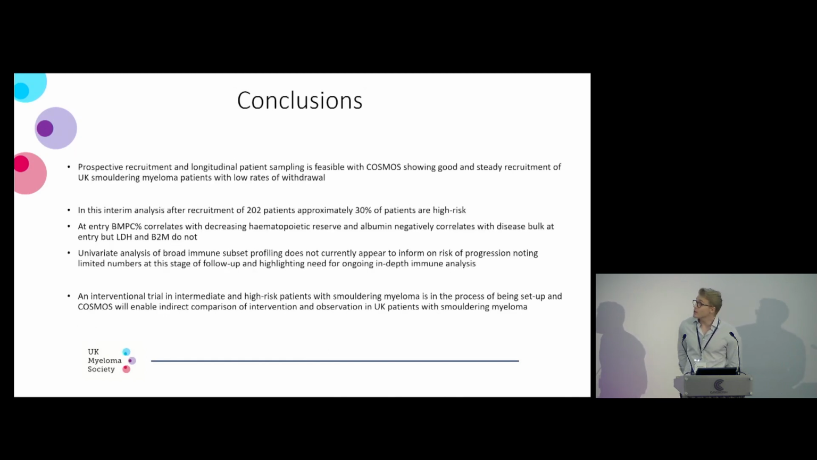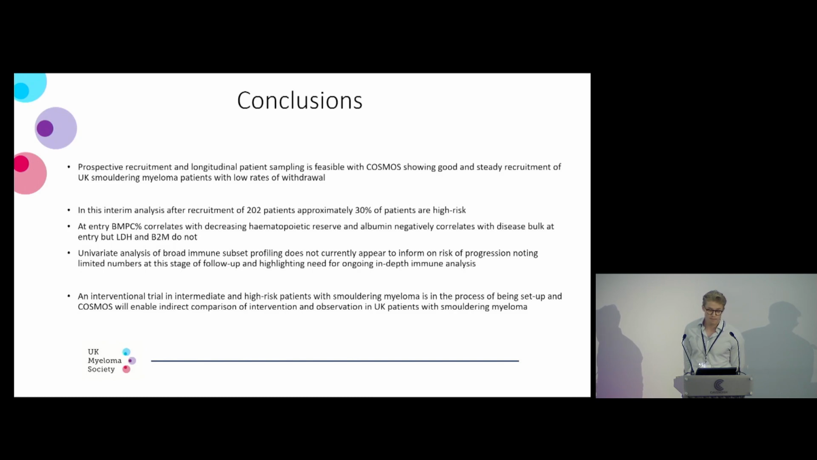So to conclude, prospective recruitment and longitudinal sampling in smouldering myeloma patients is feasible. In this interim analysis of 202 patients, 30% are high risk. Entry bone marrow plasma cell percentage seems to negatively correlate with hematopoietic reserve. Albumin negatively correlates with disease bulk, but LDH and beta-2 microglobulin don't appear to be particularly good disease markers in